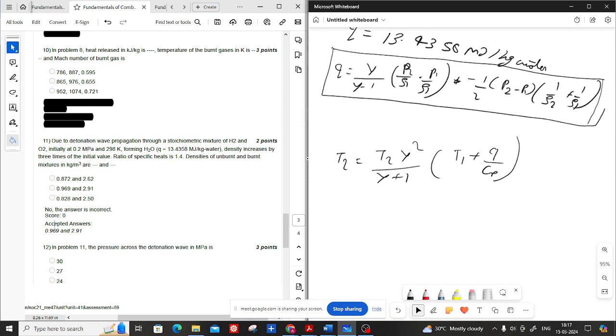First thing, I don't know from where you are getting this formula. You need to find P2, not T2. In question number 12, you need to find P2, not T2. But sir, as T2 is obtained, then we can use the formula PV is equal to mRT, right. Yes, that is P2. Okay, so you are getting the correct answer.